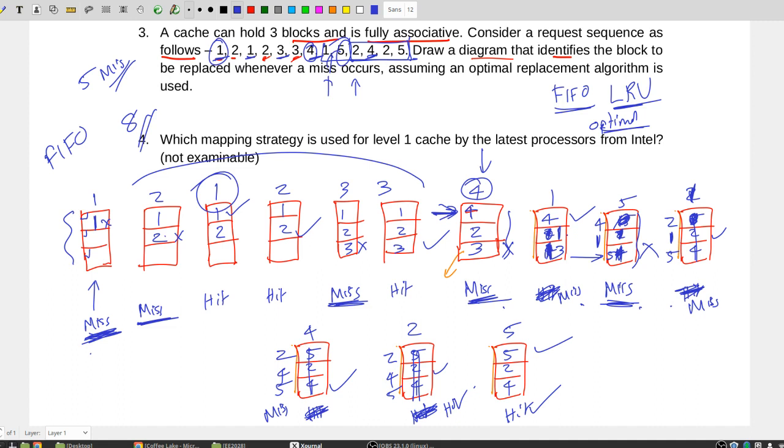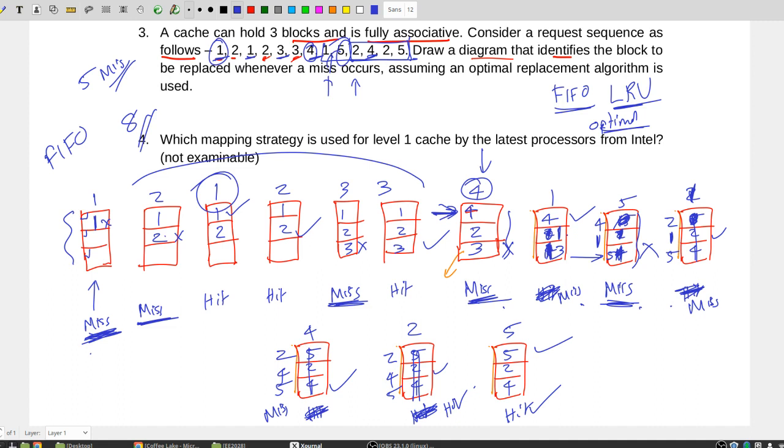Okay, and then there are combinations of these, which look at multiple factors before taking a decision. But still, none of these algorithms can be very complicated because all these decisions typically have to be done in less than 10 clock cycles. Okay, maybe 3, 4, 5 clock cycles. Because cache is supposed to be something which is very fast, right? So you can't really run any complicated algorithm to do more complicated analysis to make the decision on which one to replace. Okay, so none of these algorithms can be very complicated. It's all fairly simple, easy to understand as well.